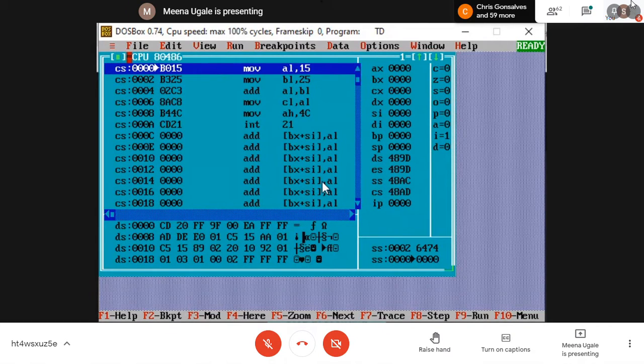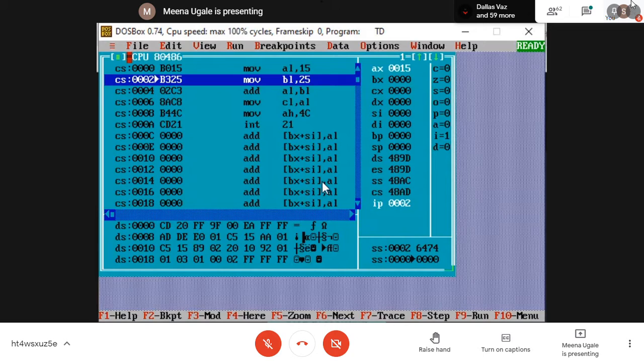So I'll press the F7 key one time and just wait. See the content of all the registers. On the right side you can see AX contents are changed and IP contents are changed. Just observe that.